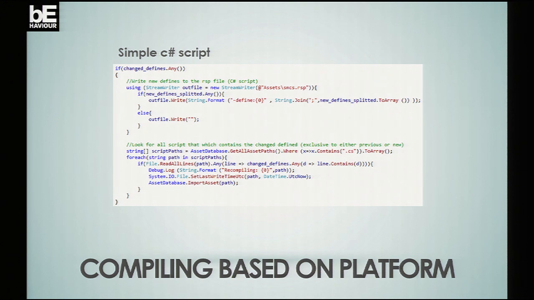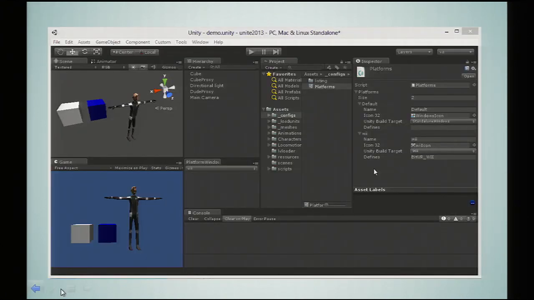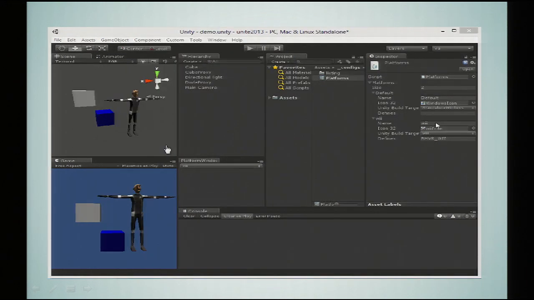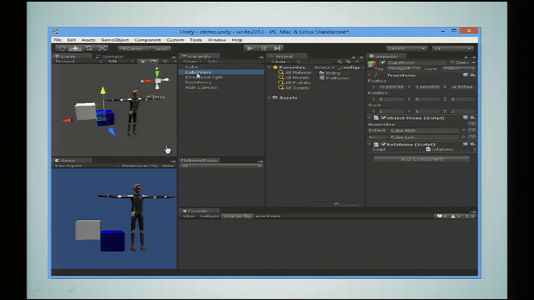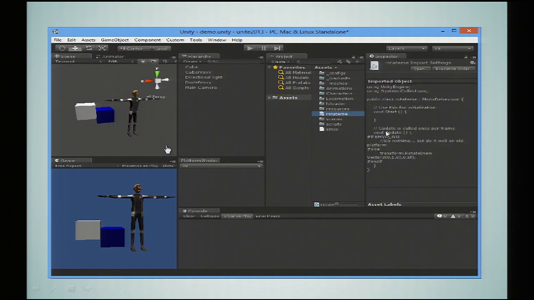So let's look at what it looks like. We have a short video. Here we again have this behavior which is only defined on the Wii platform. We are on the Wii, so this is a normal cube. It's moving like a normal cube. This is the proxying thing. So we are able to define what gets inside which build, and we don't show it, but the character in this video also has a mesh LOD associated with it. We have a rotate mesh: without a behavior it does nothing, and otherwise it will do a simple rotate.